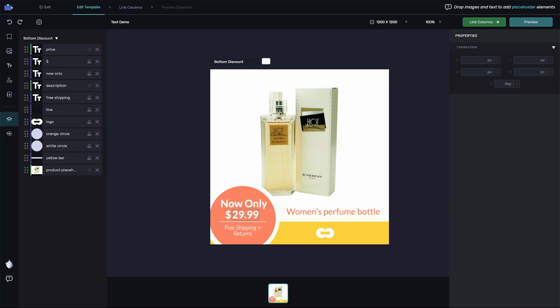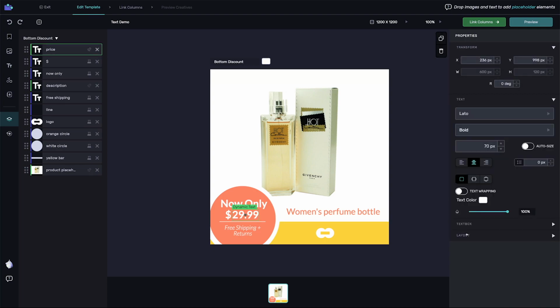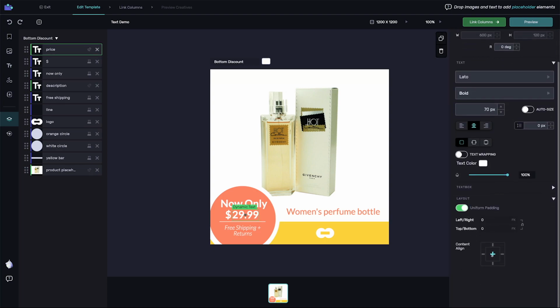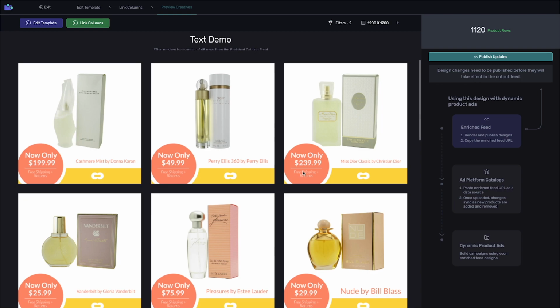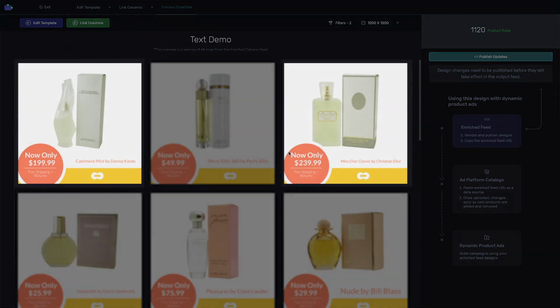But by changing our layout content align settings, we can avoid this overlap. The dollar sign doesn't change, so I don't need to worry about that, but the price does. So I'll select that element and change the content align to the left. Now as the price changes, it will be locked to the left edge and scale to the right, and will not overlap the dollar sign. Let's preview. Perfect. The price no longer overlaps the dollar sign, which is great, but notice that longer prices are